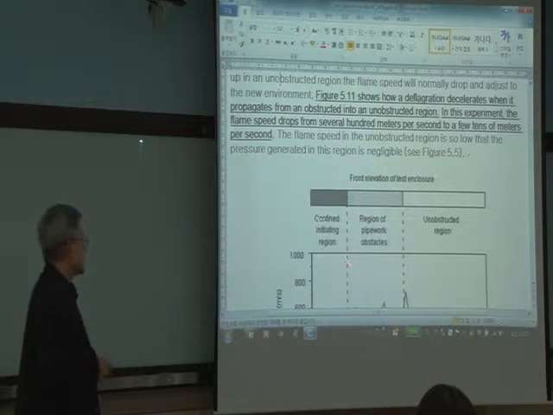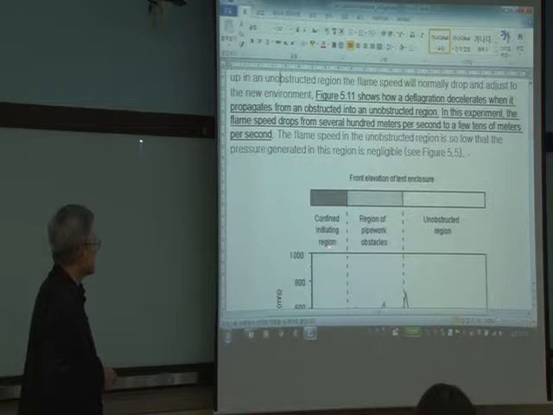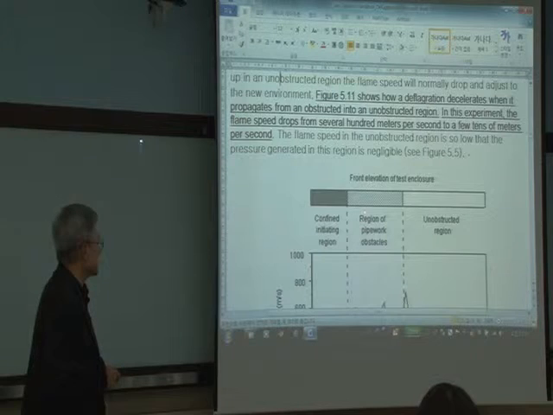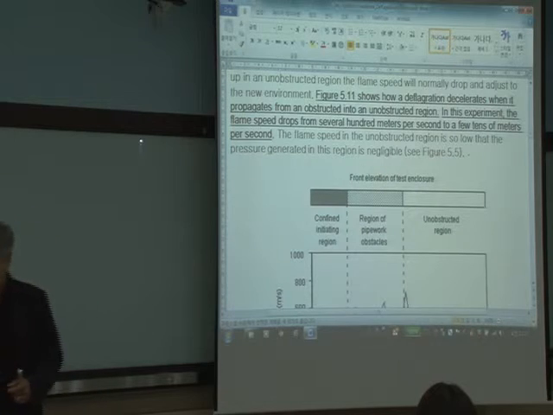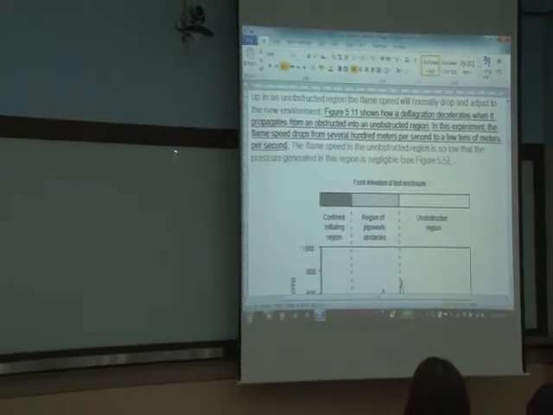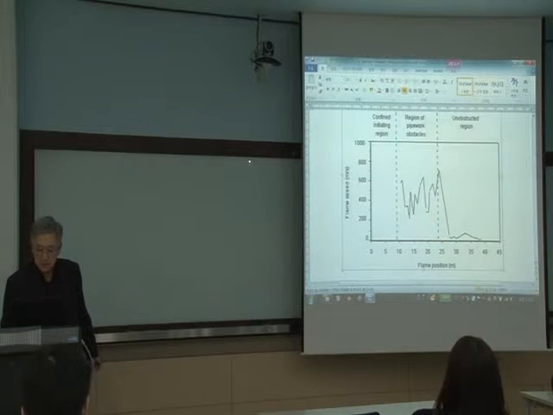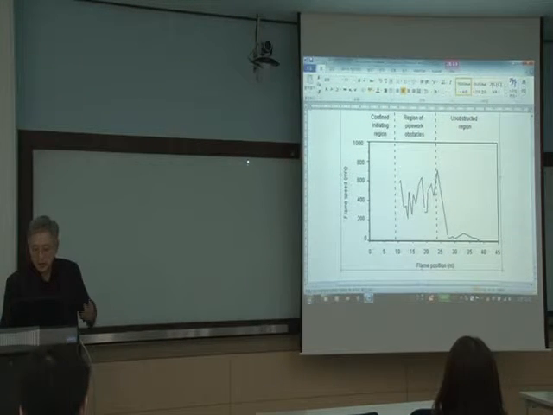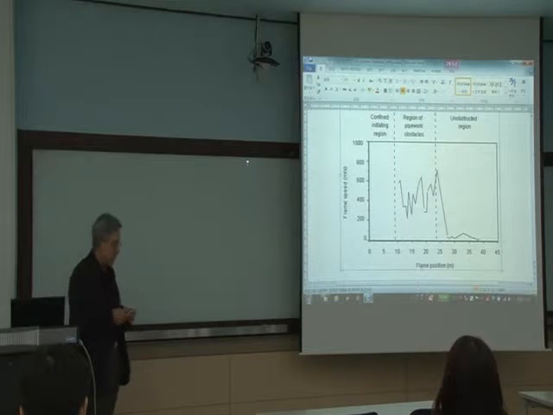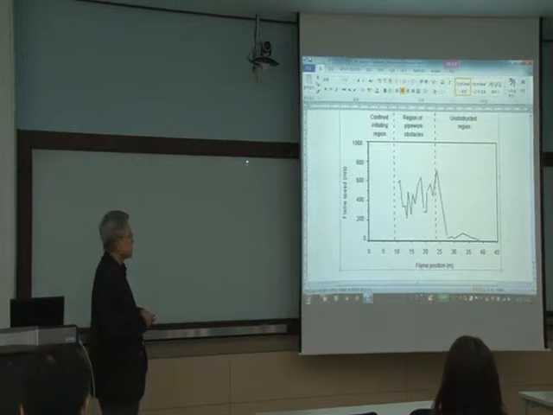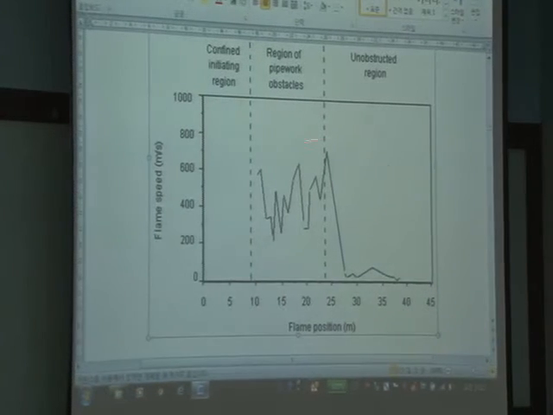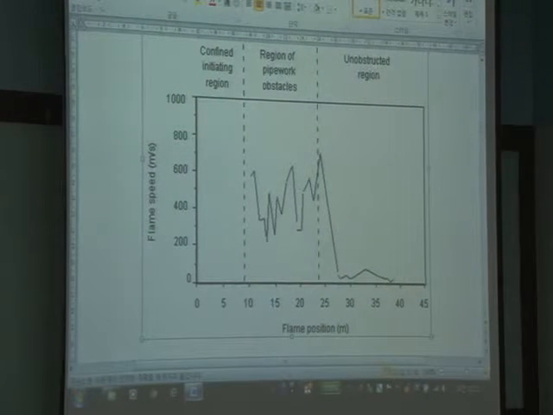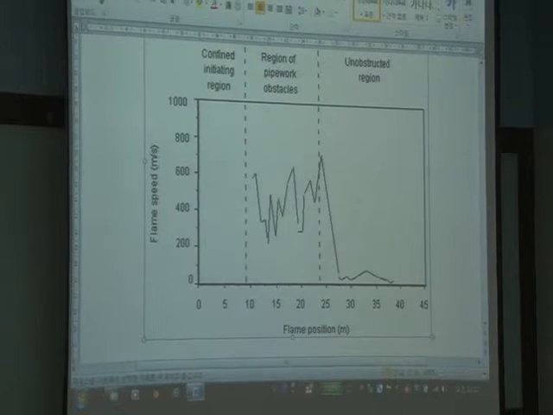So that's what it shows. It's confined, the initiating region. Then this is the region of the pipe work obstacles here. Then this is after passing the obstacle, what's happening there as a flame speed. So it depends on the position, the propagating length. At the beginning you generate the flame speed quite a bit, then in the unobstructed region, it just dies out. I feel that's common sense, but